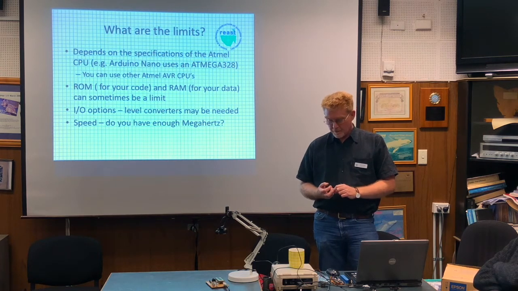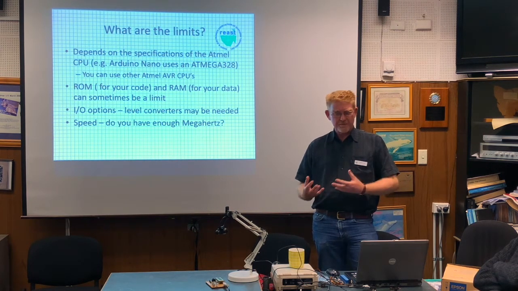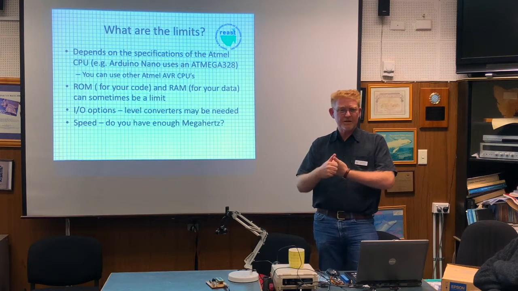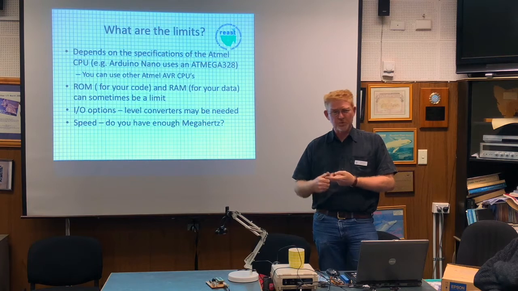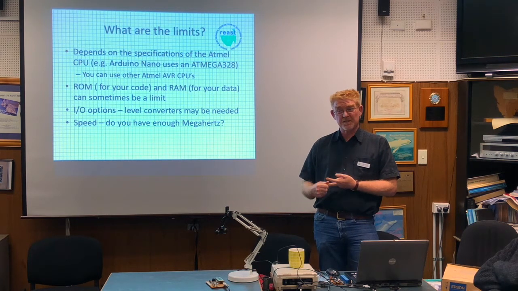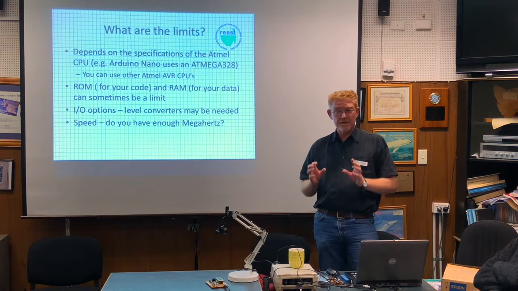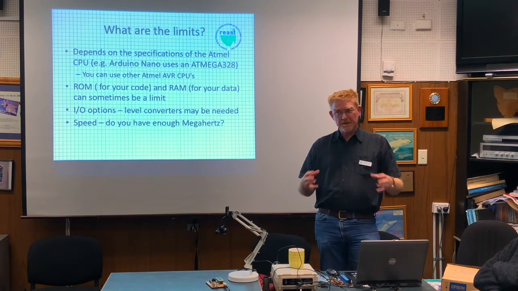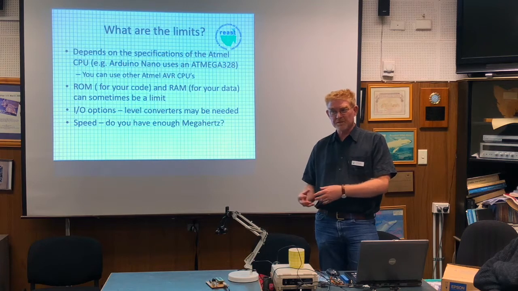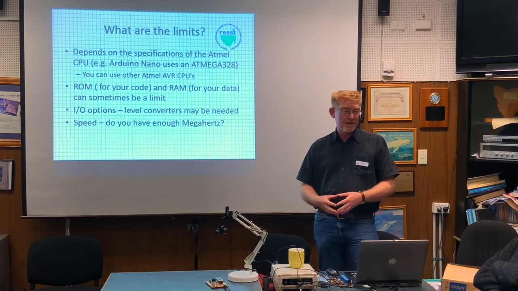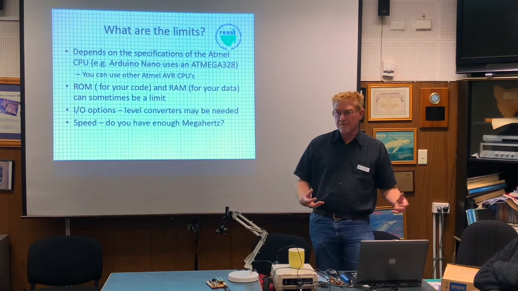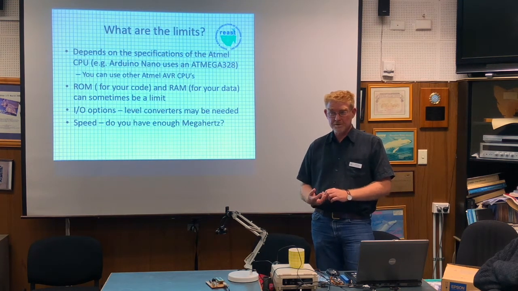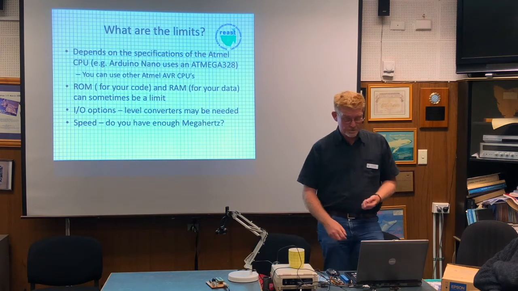Speed. The Arduinos' AVRs are RISC processors. They can do 1 instruction per clock cycle. Typically, they're either 16 megahertz or 20 megahertz parts, so they can run between 16 and 20 megahertz. They are, however, 8-bit processors. That means that anything that uses big numbers takes a lot more work than small numbers. So dealing with characters is easy. Big numbers like counting a frequency or something, that's bigger than 8 bits. That can take a bit more work on the processor. And again, you may want to use a bigger CPU.